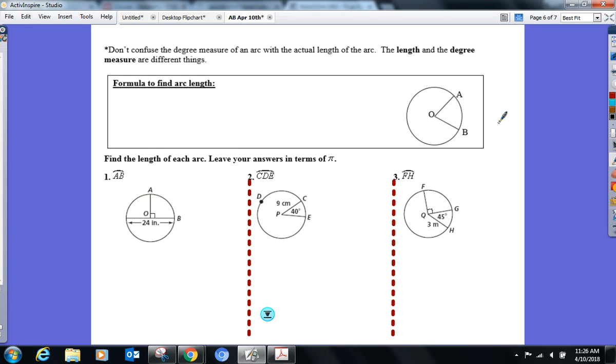Okay? We all good? So earlier in class, I was showing you how to find it in degrees. Now we're actually going to stretch it out. We're going to measure the length of it now. Which is a formula not given to you, unfortunately. Here it is. It's not too bad. If you want to find arc length, it is equal to the measure of the arc, which you guys know how to find. That's what we just spent 20 minutes doing. The measure of the arc will be equal to its central angle. That's that number that goes here in degrees. Good? Out of 360